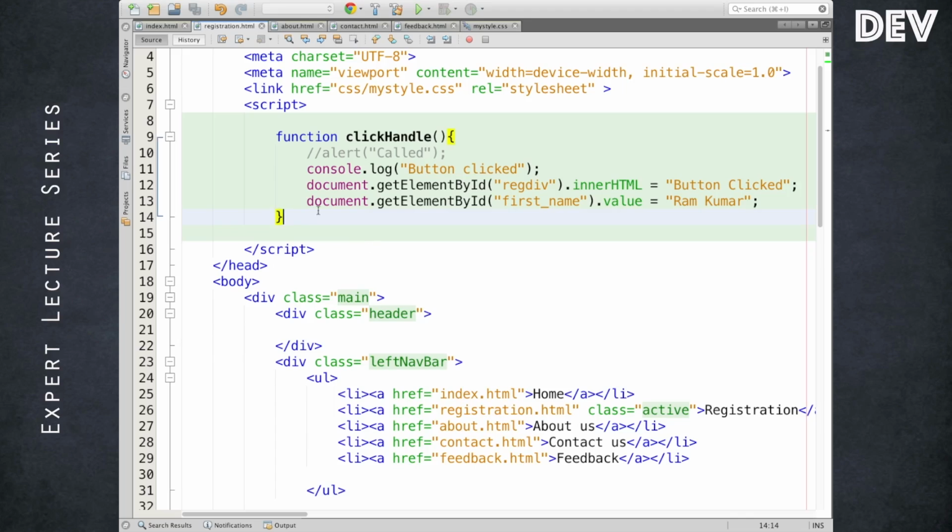So we don't need to worry about the placement of the script at this point. But sometimes you would end up loading or executing the script block as soon as the page is ready, as soon as the page is loaded. At that time the placement makes sense. You have to decide at what time it has to manipulate the page. So let me see.